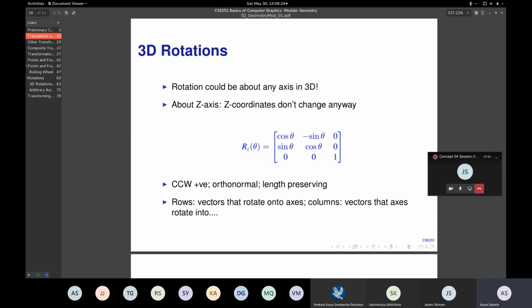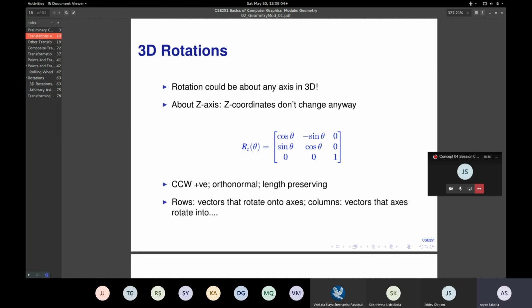So if I have a point, let's say 1, 0, 0, and I want to bring it to 0, 1, 0, then I'm going to rotate it about the z-axis by 90 degrees. Is that cool? So just work out this example. I have a point 1, 0, 0, and I want to bring it to 0, 1, 0. To do this, I'm going to rotate that point by 90 degrees about the z-axis, right? So Rz of theta in this case, with theta as 90 degrees,